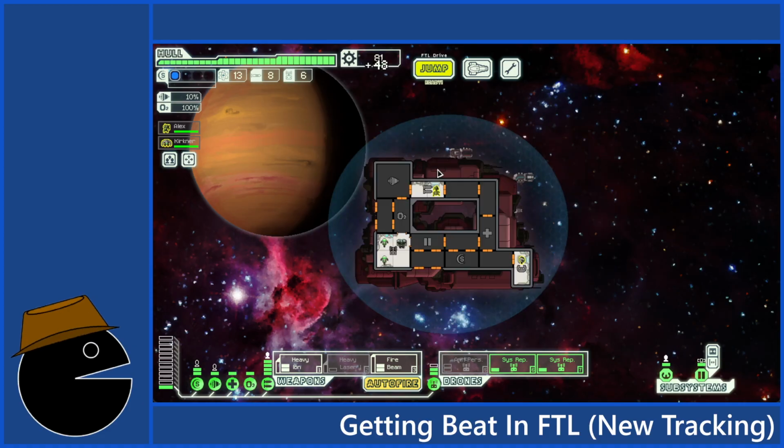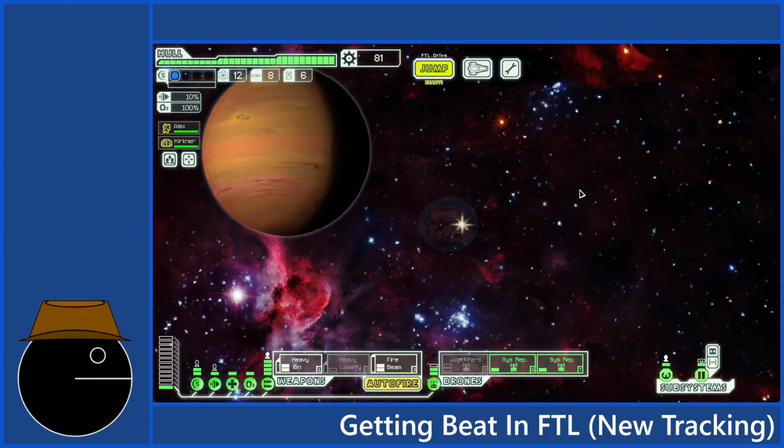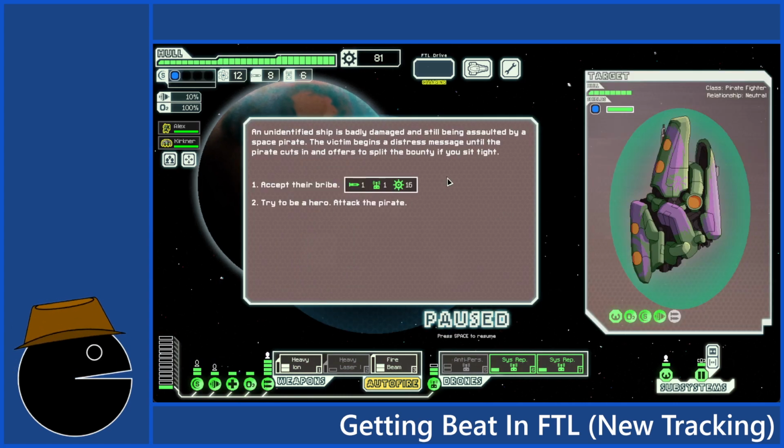Attempt to mine the asteroids, and I get a lot of scrap from that. Alright. Well, that's quite lucky that I got the scrap recovery arm earlier on. Badly damaged and still being assaulted by a space pirate. The victim begins... I will attempt to save the victim.